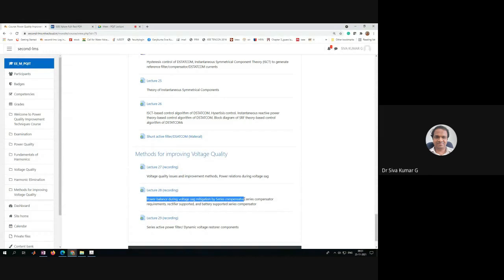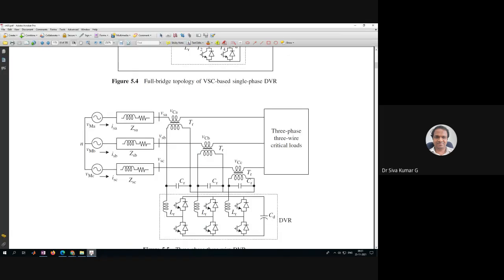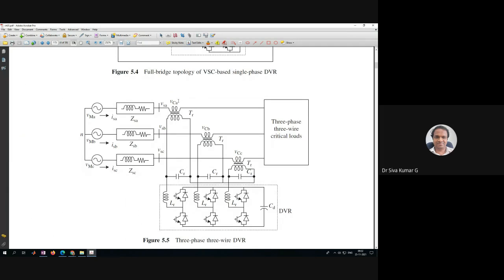It is not so simple equations that you see in a system of this kind. Whenever you are correcting the voltage by the DVR, it's obvious that the power is balanced. The source power, the real power which is delivered, and the DVR power, and the load power, the summation of all those things is required to be zero also.